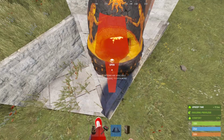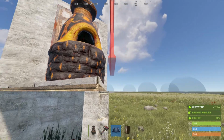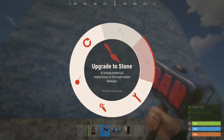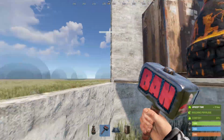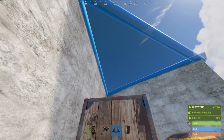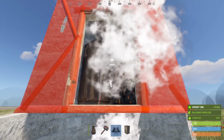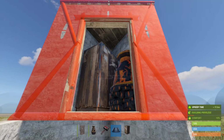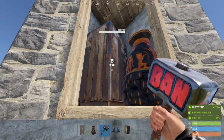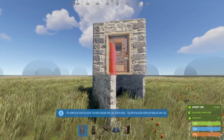I would try with twig first when you're building these walls, and make sure that when you're standing there it's not going to interfere with the placement as well. So that looks pretty good on that side. And now we're just going to have to put the roof tile on the ceiling and close this in, and make sure that we've left ourselves enough space for both the doorway and, more importantly, the door. So even if you are able to get the door frame placed, sometimes the door will not place. That's perfect, and there we have